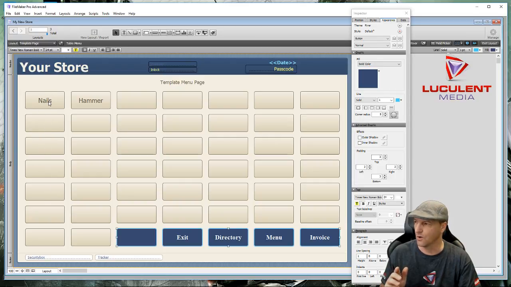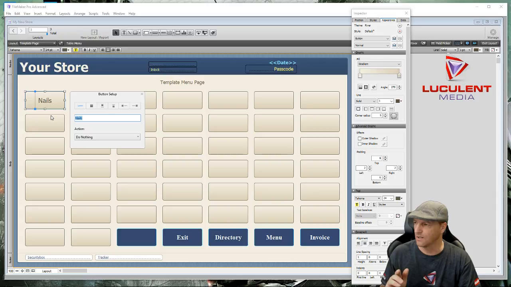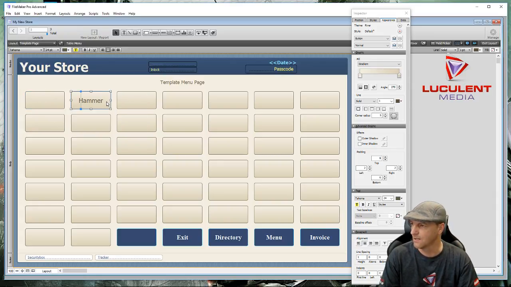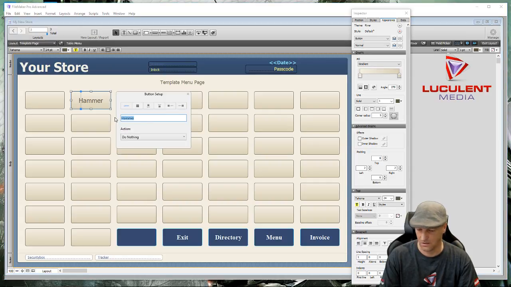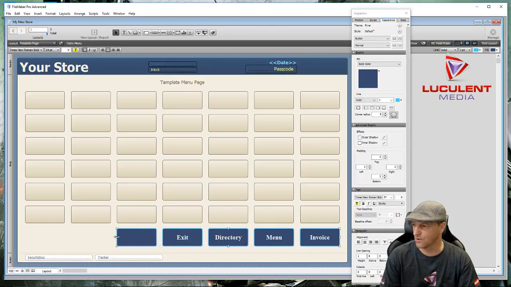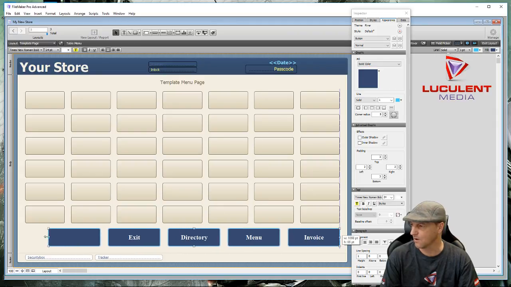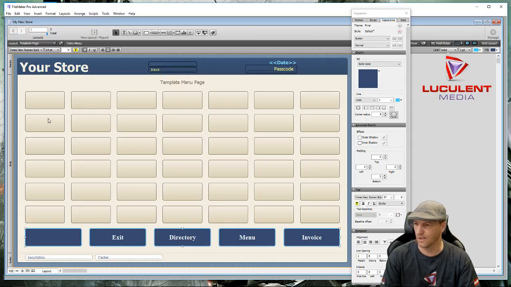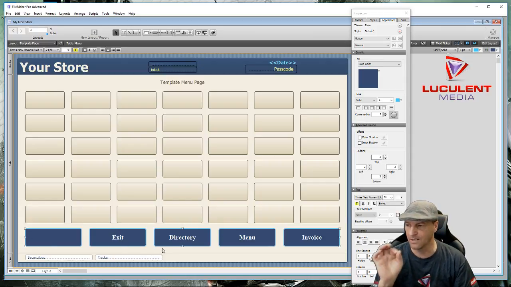So I'm going to just go ahead and click on nails, and I'm going to delete what it says in there because I don't really need it. We don't need this for a visual anymore. So I'm going to just go ahead and delete those. Now these two boxes in and of themselves, we can delete them. And then we're going to grab these and we're going to stretch them all the way across to where they're even with everything else. And now you have the exit, the directory, the menu, and the invoice right at the bottom,